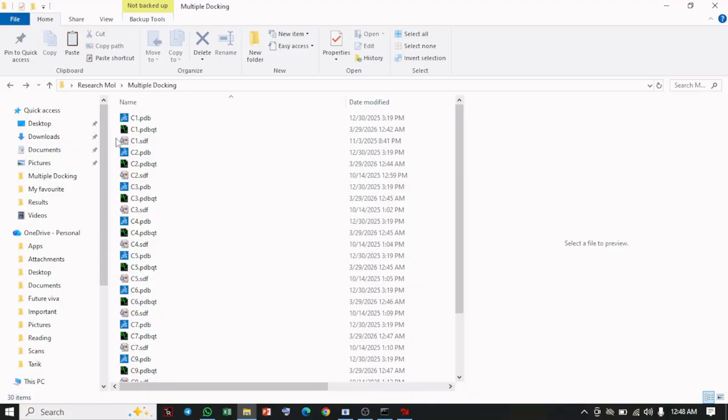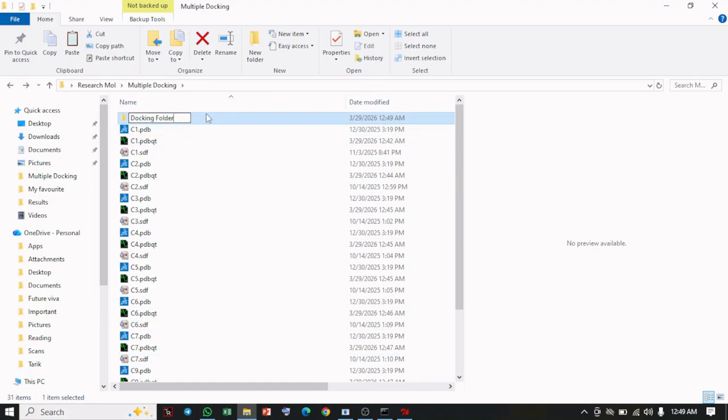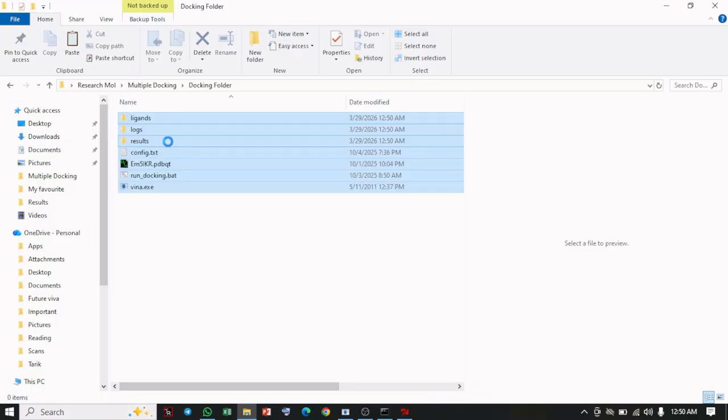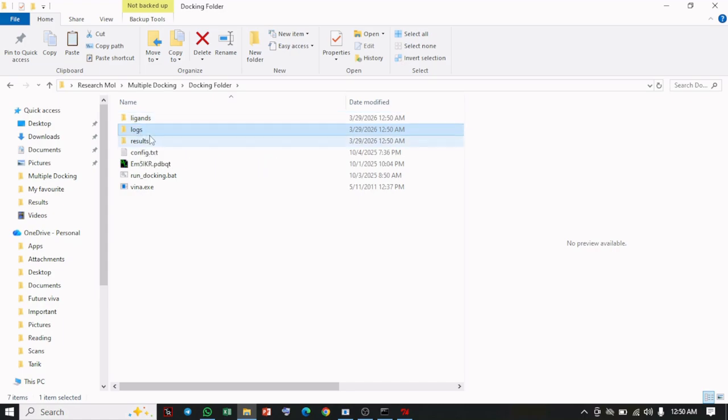So you have to create a folder for the working directory. After creating the working directory, you need to create some folders and files. I have already created this. You need three types of folder: ligands, logs, and result. The ligands folder will contain the ligand pdbqt files, and the logs will be generated after the docking,